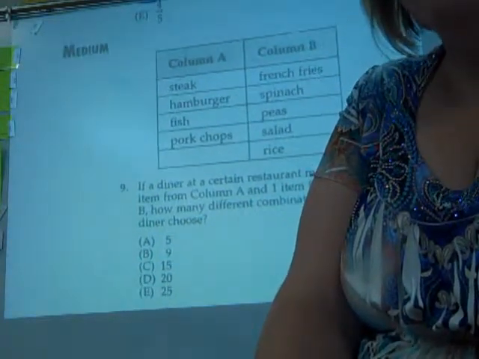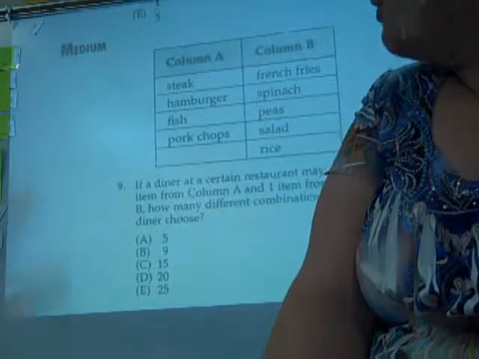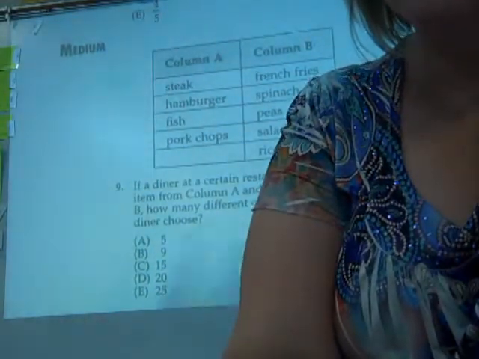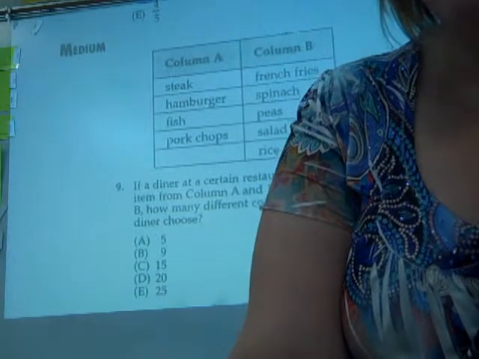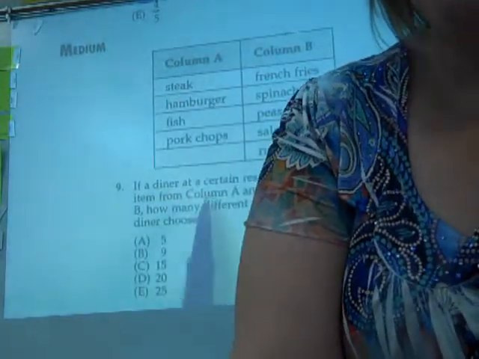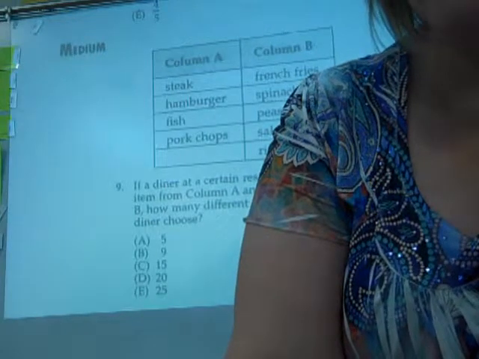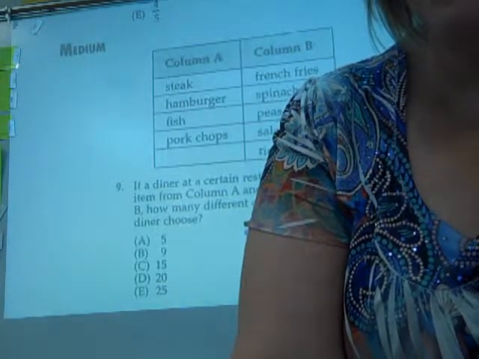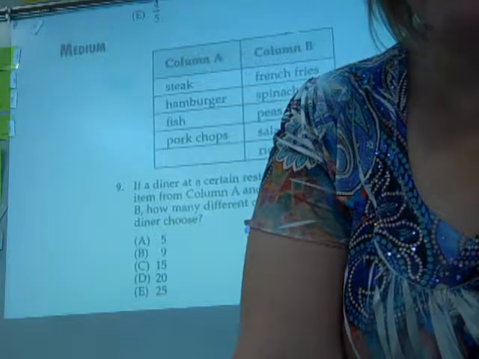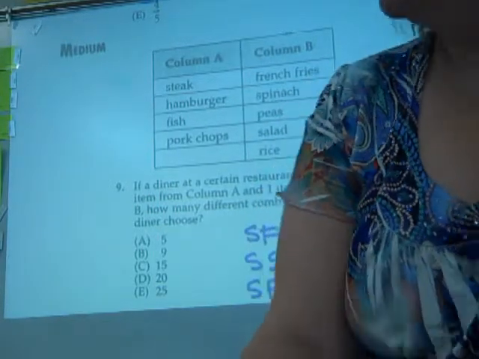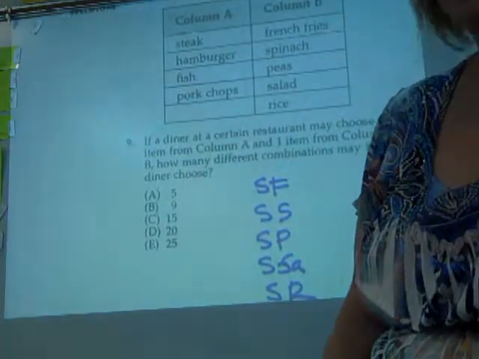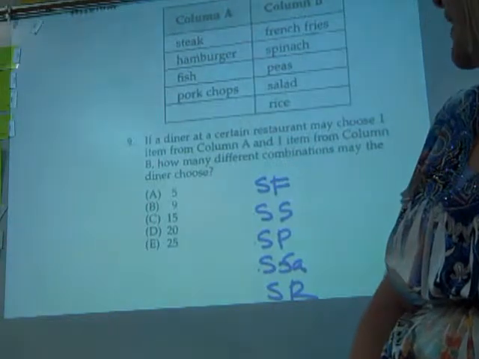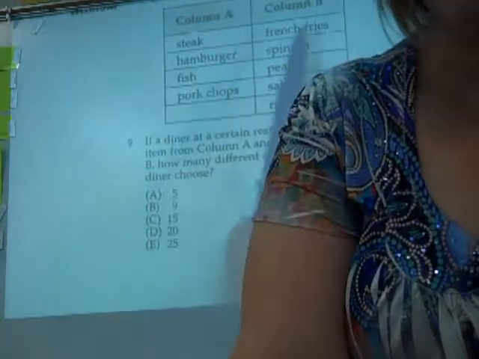says if a diner at a certain restaurant may choose 1 item from column A and 1 item from column B, how many different combinations may the diner choose? So if you start making a list, you have steak and french fries, steak and spinach, steak and peas, steak and salad, steak and rice, right? You've got all these combinations that start with steak. 1, 2, 3, 4, 5 combinations that start with steak, because you can pair up steak with each of these